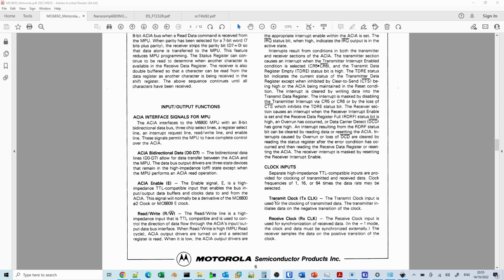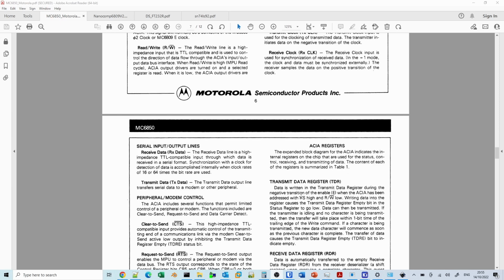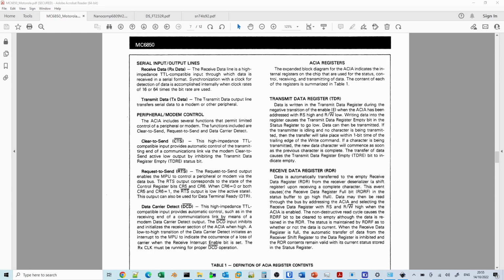For clock inputs, we're sending in the 3.6 megahertz signal divided by 6, so that's about 614 kilohertz, I think, which will allow us to do 38K or 9600 baud, depending on the value we put in the control register. The receive data and transmit data are obviously where the data goes in and out, although we need to cross those over when we're sending the data to the USB serial port.